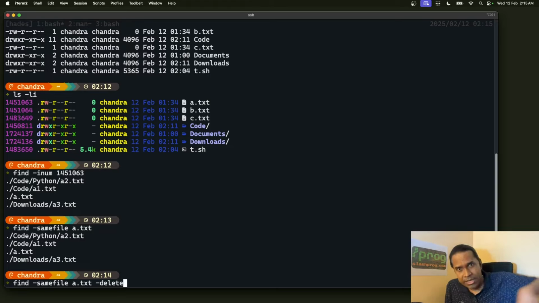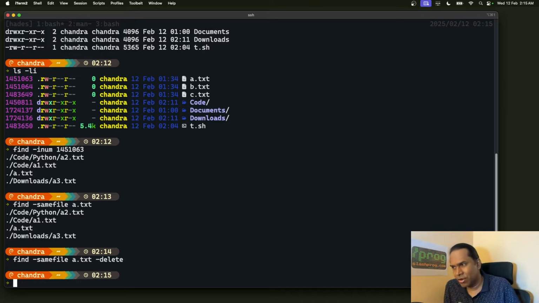Delete a.txt and all other hard links to a.txt from the current directory. This is a convenient way to do this. Because I'm using the test option, the test operation is to say same file a.txt, and based on the file that's found, based on the records that are found, run a delete action on it. So this will delete all the files that have the same link as a.txt, and you can see that a.txt